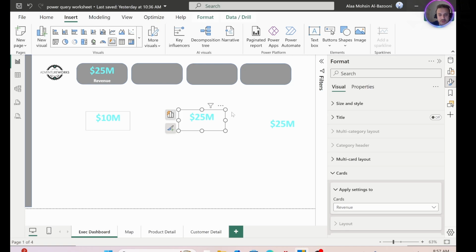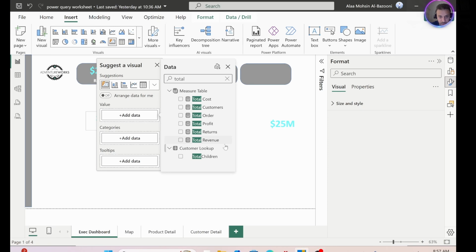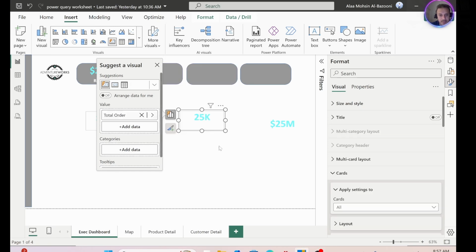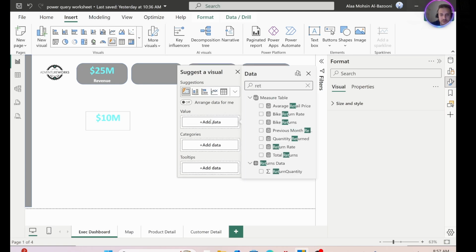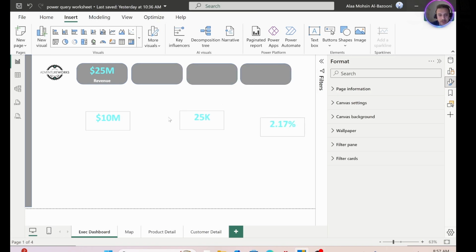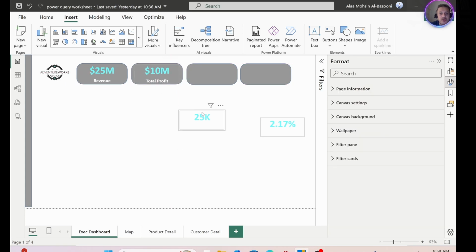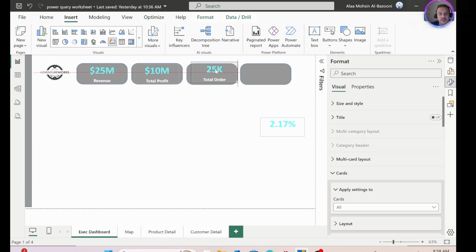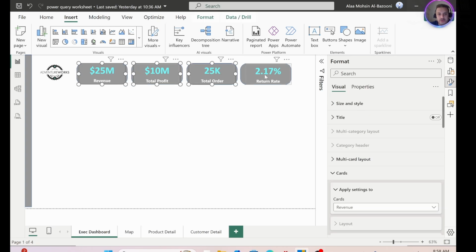And for this one, we can add total orders. And for this one, I'm gonna add from here the return rates. I'm gonna add the return rates. Okay, I'm gonna keep this one in here, and this one in here is the total orders. This is the return rate, and you can select 1, and then 2, 3, 4, go